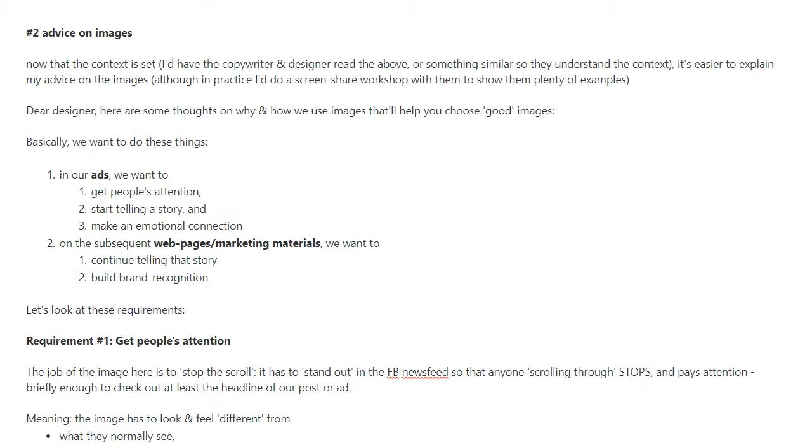So I'm going to show you that example first. That's what it basically says. Now that the context is set, I'm going to give you the very quick summary. If you look in Marketing Gems, it is, I think, in the third month or so, you'll see that whole case study. But here's the quick summary. So basically, what we've got here is